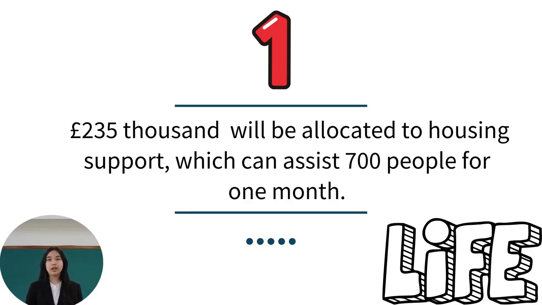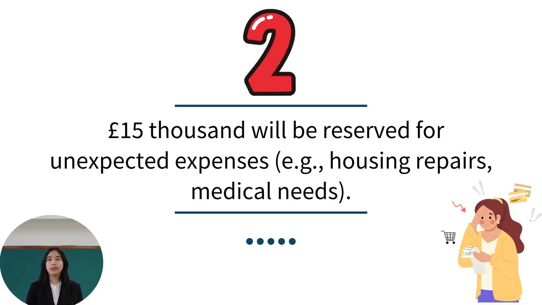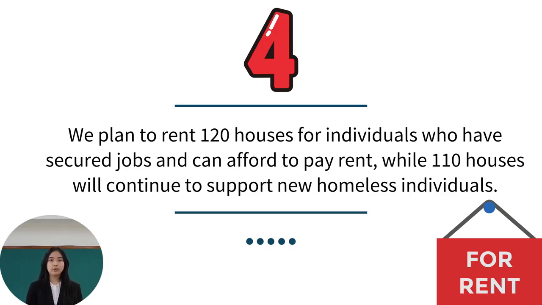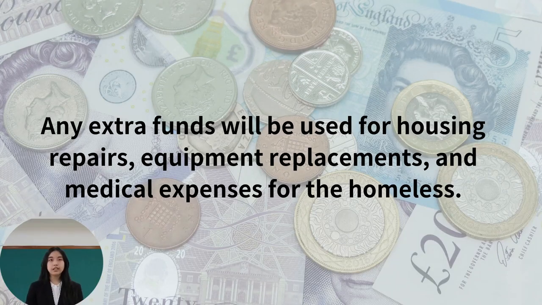In addition, we will provide employment support for 3 to 6 months after employment, including regular interviews and skills development opportunities to help the homeless stabilize their work. Next, let's talk about the evaluation of the program's effectiveness. There are 2 success rates. First, at least 50% of those assisted should find stable employment within 2 months. Second, the satisfaction survey. At least 80% of those assisted should be satisfied with the housing and employment counseling services. If both of these targets are met, our program will be considered a success.